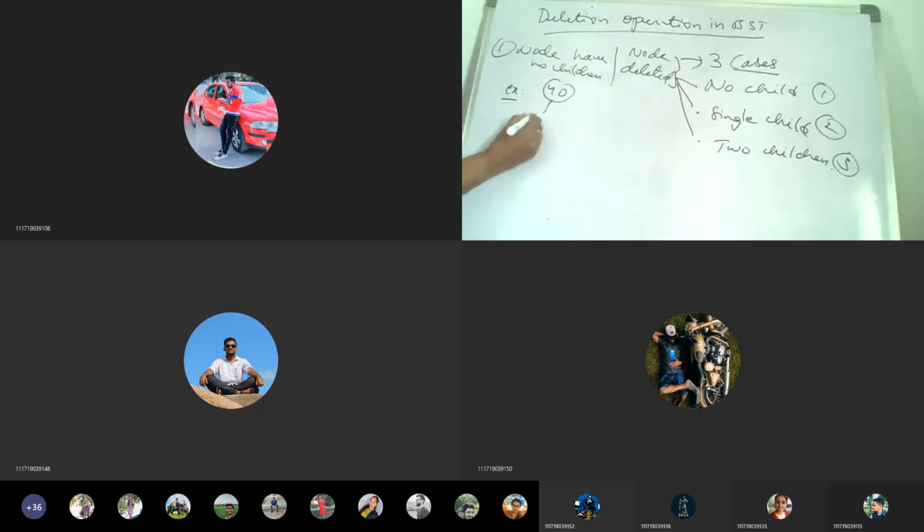40, 20, 50, 10 and 30. Say suppose this is the tree structure I have. Here I want to delete 10. Under which case will it come? The node that we want to delete, how many children is it having?